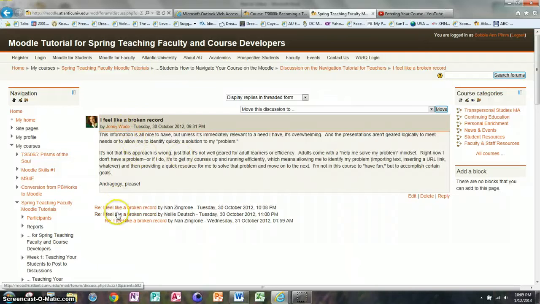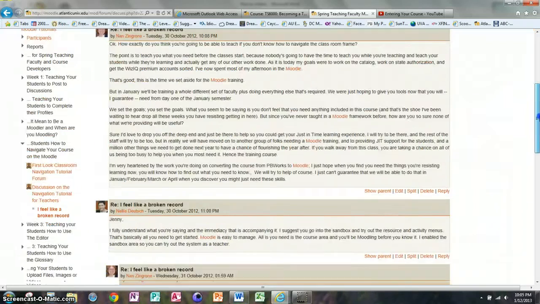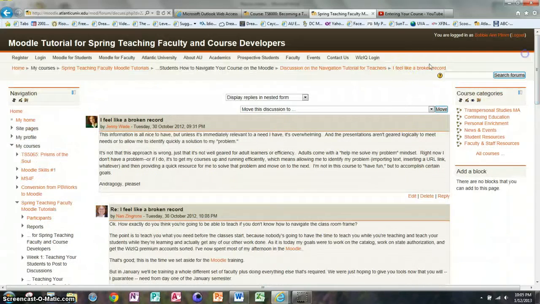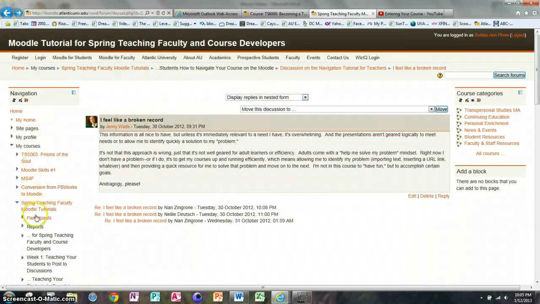So here's the original, and then you have them down here with just a thread. You got to click on the thread in order to open it. And then the way that it was, I believe this is the default, display replies in nested form, so that you can see each reply. So if we go back to the previous page, if we go back,